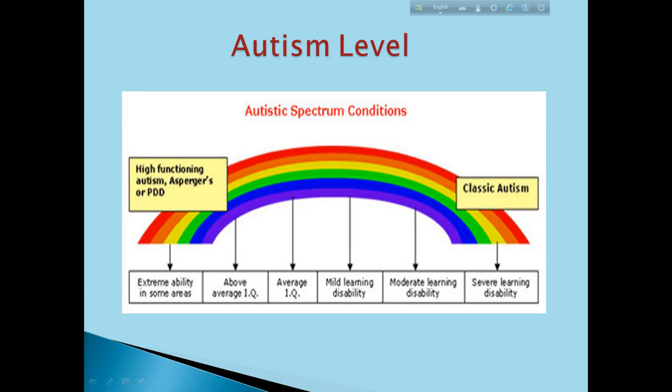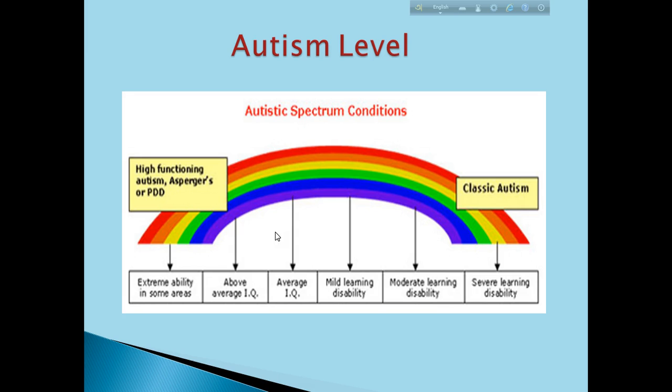Autism level is an important term to define an autistic child. Look at the picture in our slide. The picture is called the autism spectrum. Spectrum is used to classify something in terms of its position on a scale between 2 extreme points. Autism spectrum is used to classify autism level. We can divide autism into 2 categories. The number 1 is called high functioning autism. Number 1 has some classifications. Number 2 is called